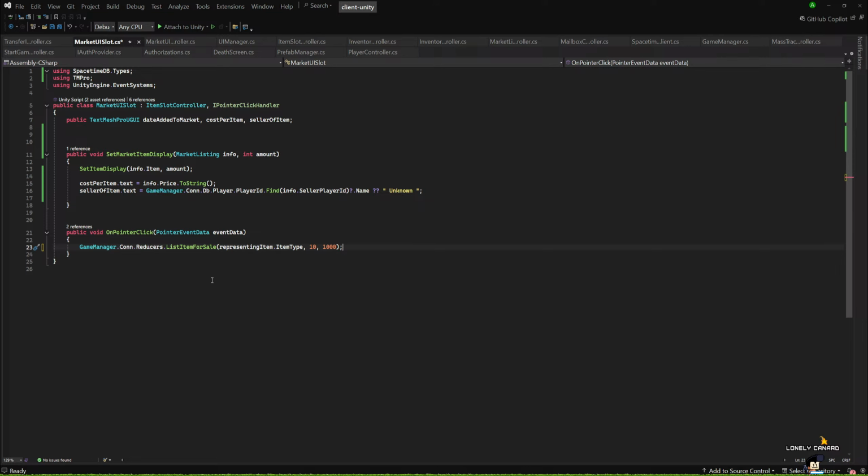Right? So now this will push to the server side this item type. On the server side, this will check the player that has made this request and see if they have all of the items necessary. And it'll just grab the items from that and then dump them into the market from the server side. So this is already taking care of that whole process. To purchase an item,